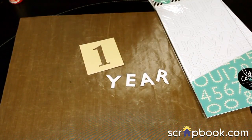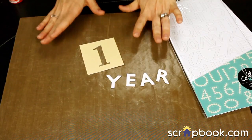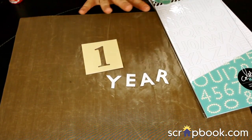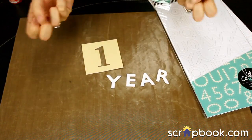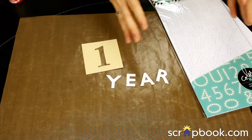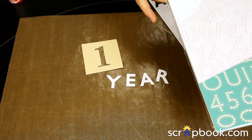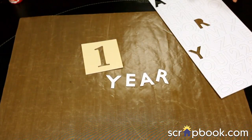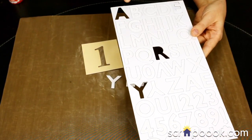One more thing I really love using this nonstick craft mat for is any type of masking, misting, anything. You can spray on this, and again, it just beads up and it wipes right away. So I'm going to demo that for you. These are just some Resist self-adhesive chipboard letters from Heidi Swapp, and you can see if I wanted to spray them right on the backer,